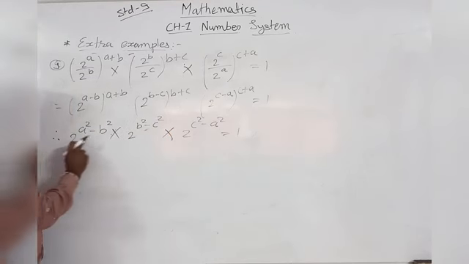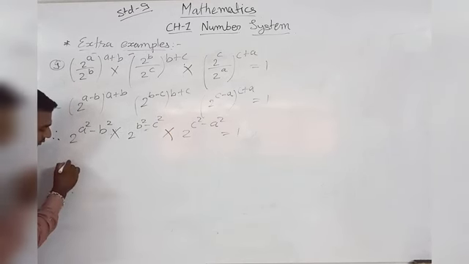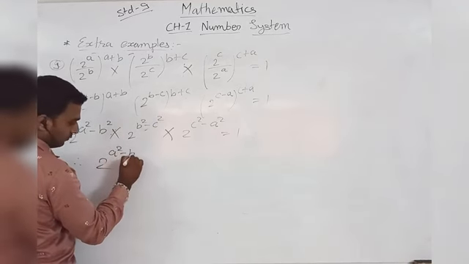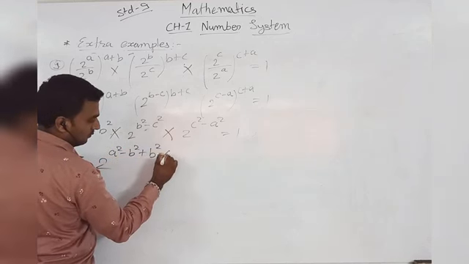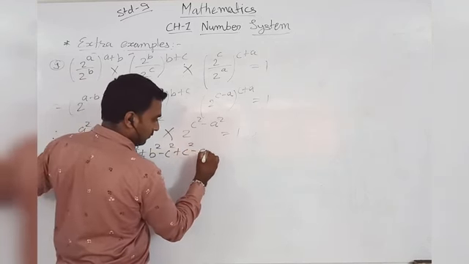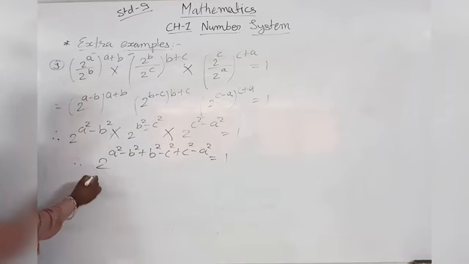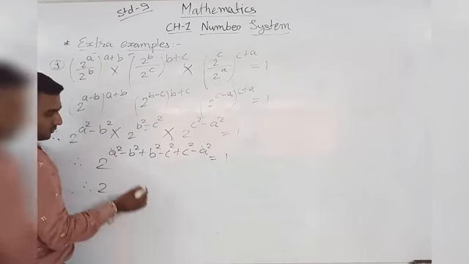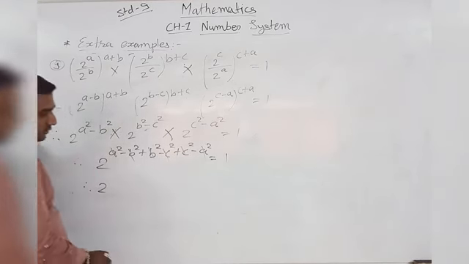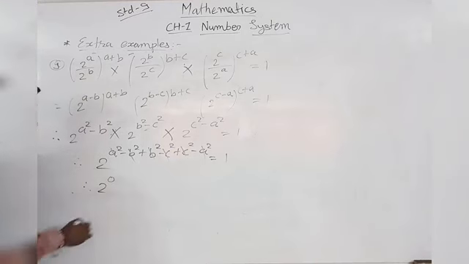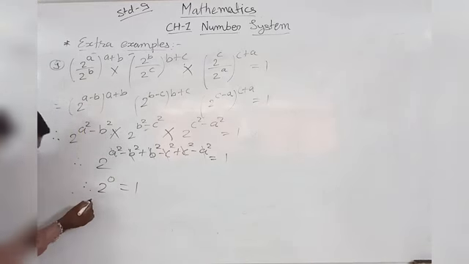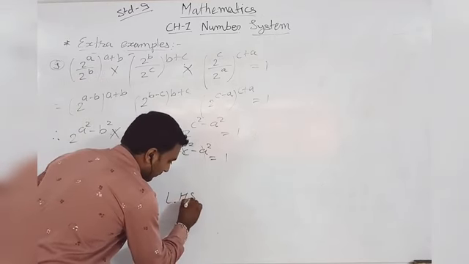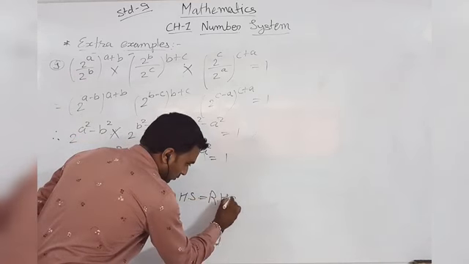So now we know that these 2, 2 and 2 are your bases, which are equal. So that's why you can do the addition of your powers. So therefore 2 raised to what happened here, a square, b square, c square, c square cut. Okay, so the answer will be 2 raised to 0 is equal to 1. So 2 raised to 0 power is 1, is equal to 1. So that's why you can write LHS equal to RHS. Clear?